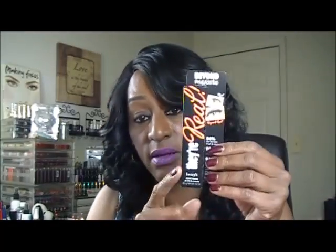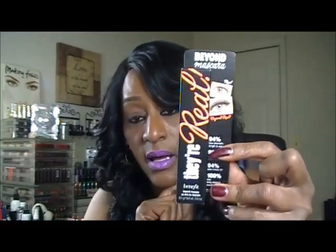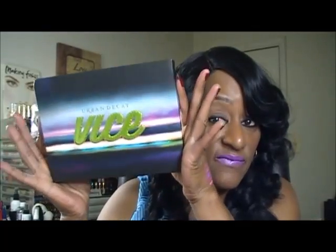And the last two things I picked up is one of the Benefit They're Real mascara in the full size. I had a couple of minis I've been using, and I really like this mascara, so I went ahead and got the full size version. And then the very last thing I picked up was the Vice palette, the Vice 3 palette. Everybody's shown it, seen it, done that. I am still literally